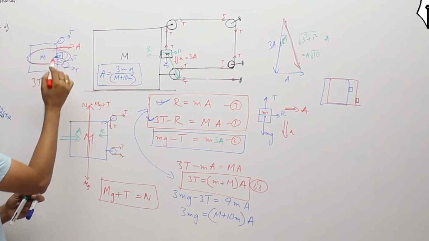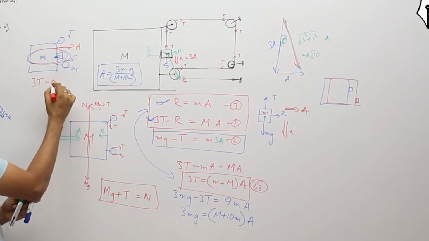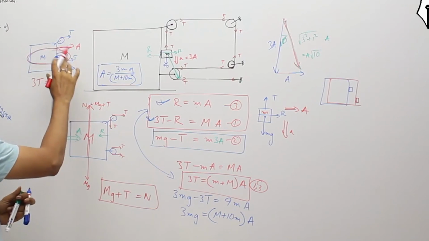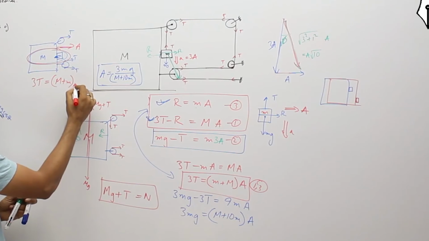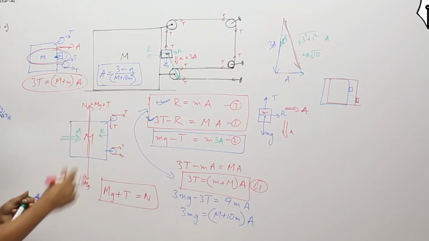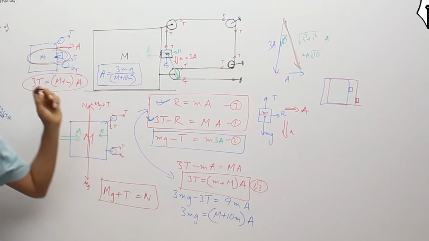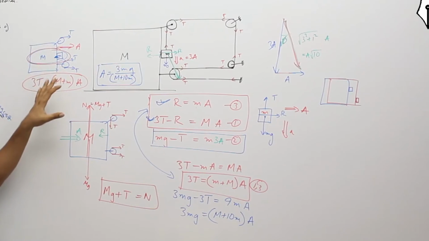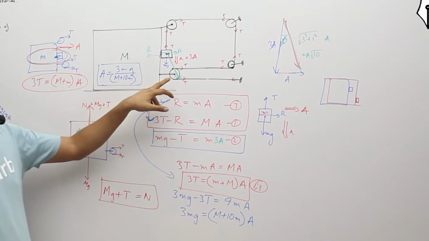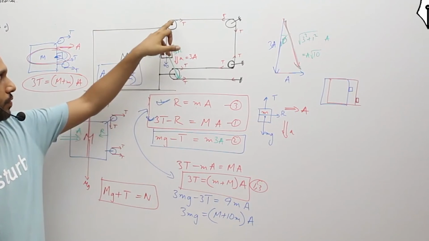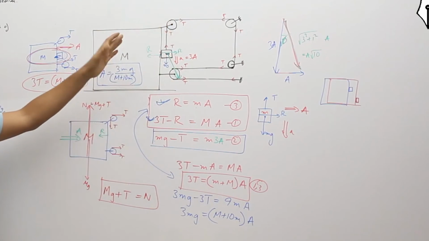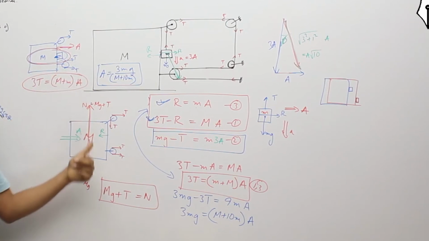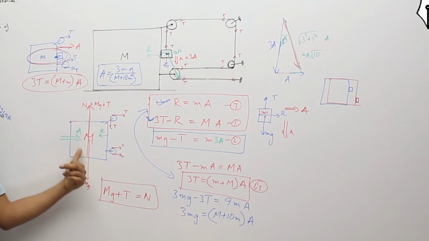So in the horizontal direction, the bodies have remained unseparated, so you can consider them as a single mass in the horizontal direction and write the equation as 3T is the net external force now. Internal force is not included because that is the internal force. So external force on m plus m, 3T, is equal to ma, and such kind of equations you can write. So that is one takeaway from this. So try to analyze what has been told over here. The other one is the force acting on the pulleys which is attached to the big block is the force acting on the big block.